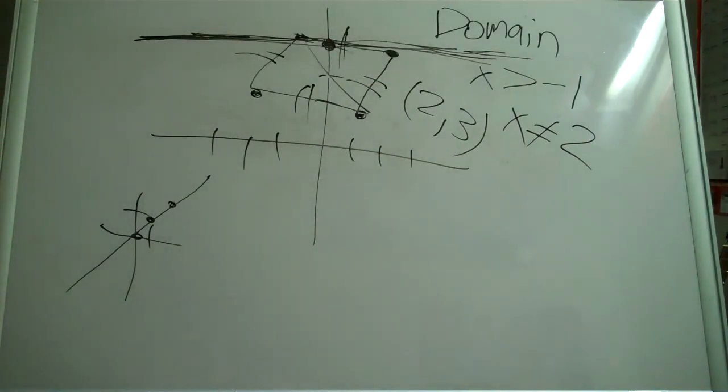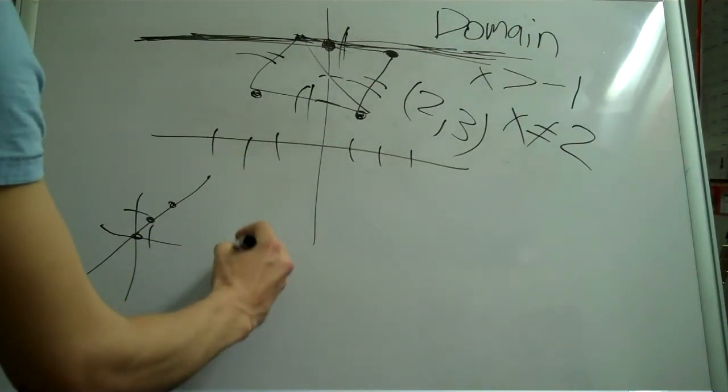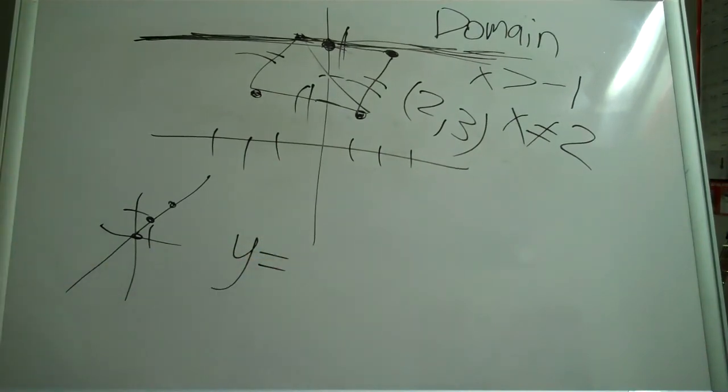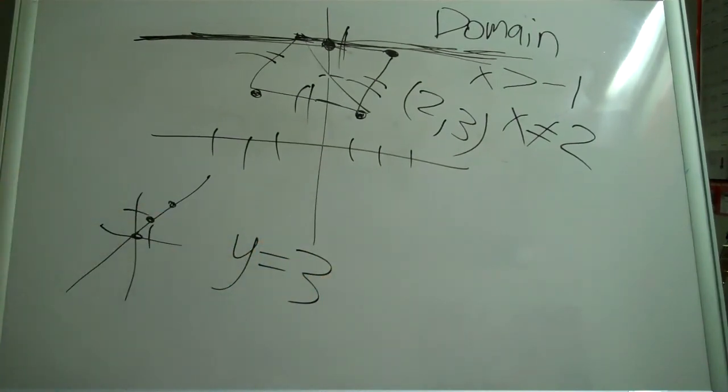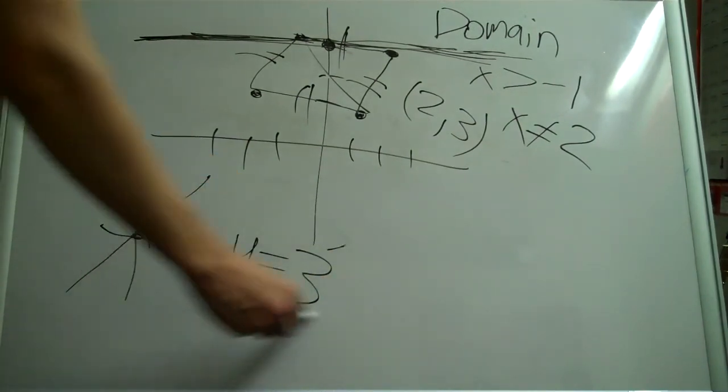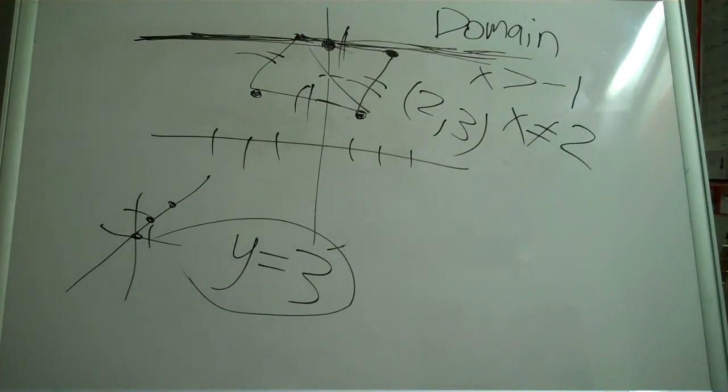So we know that the equation has to be y is equal to something. And we look at the y-intercept, and it crosses the y-axis at 3. So this is actually a function equation. So think about it. For every x value, y is equal to 3. And this would represent this line, because if you say